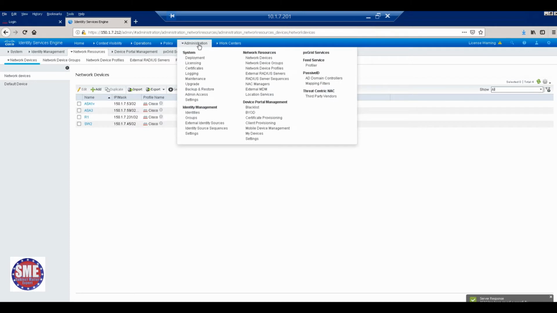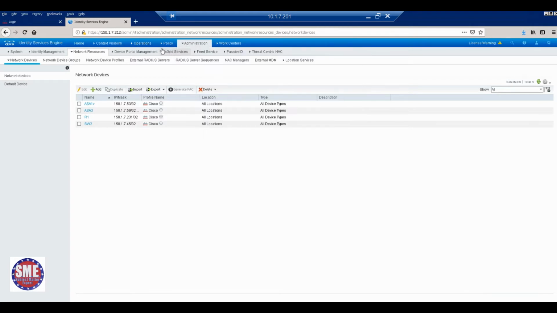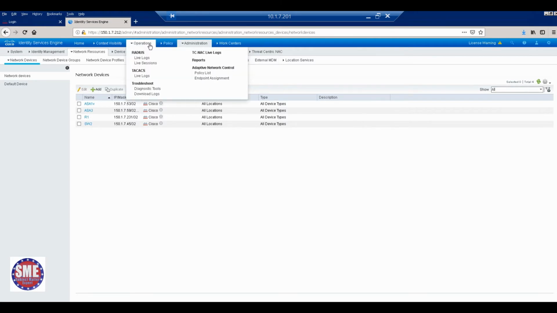Next, we need to configure policy, authentication, and authorization. Before creating the policy, authentication, and authorization, we need to finish two or three extra tasks. First one is a result. Second one is SGT group. Third one is endpoint identity group. Three configurations are pending. First one is create SGT groups. There it is.